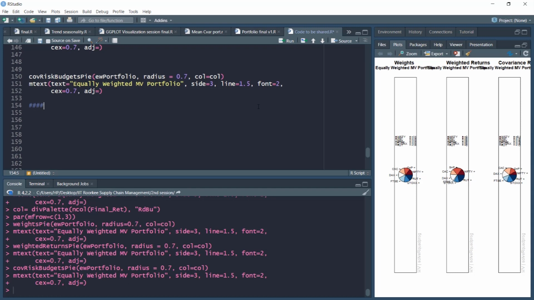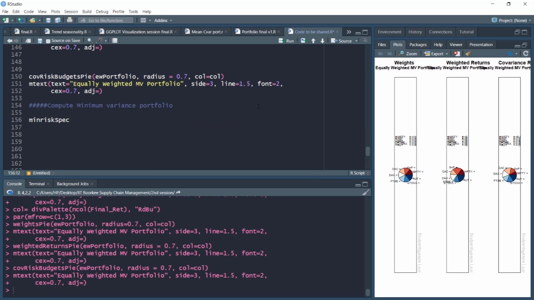In the previous video, we computed a feasible equal weighted asset portfolio. In this video, we'll try to compute the minimum variance portfolio, and we'll try to visualize various aspects of this portfolio. Now, for a minimum variance portfolio, for every return, there is one portfolio which has the minimum variance or minimum risk. And therefore, in this particular portfolio, we'll try to initiate this min risk. Let's call it mini or min risk